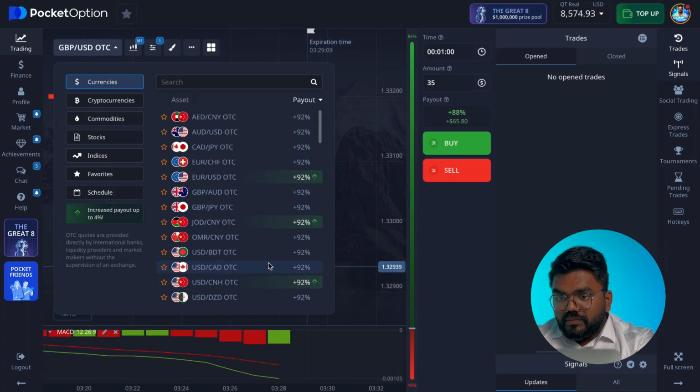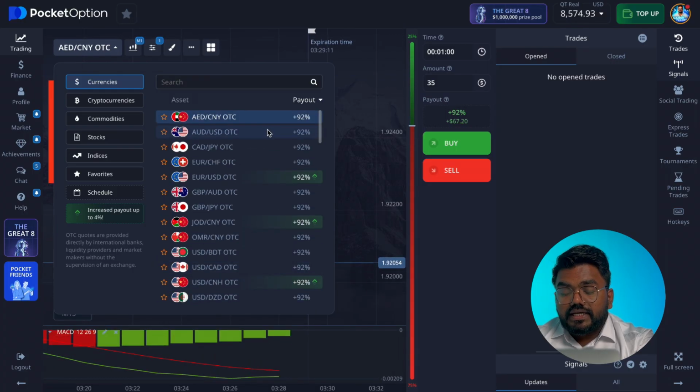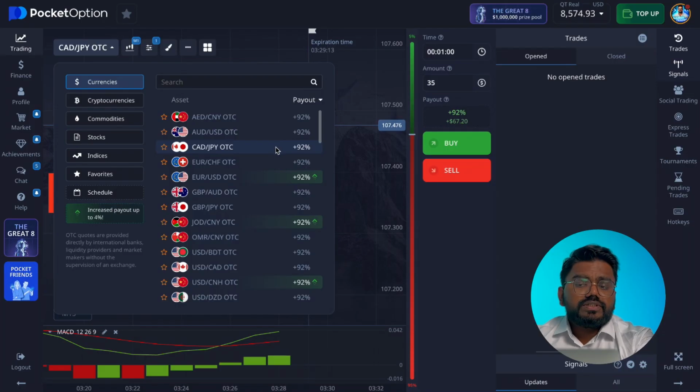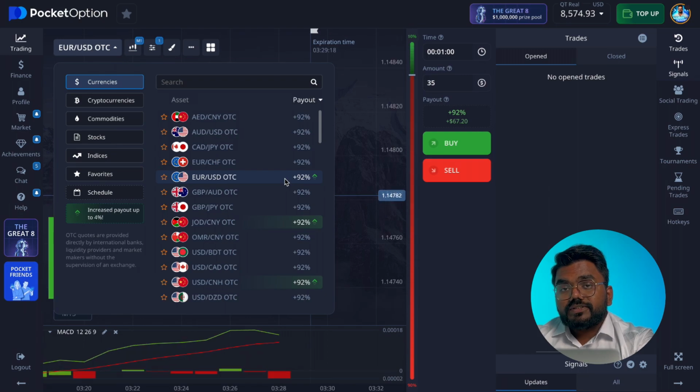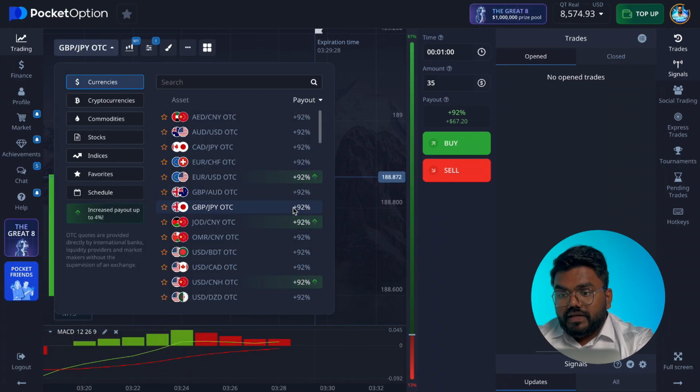So let's go with the currency, whichever you like, guys. That's really important to analyze the market. Don't rush on that. Just take your time to understand the market. That's how you actually make your strategies, your plans. MACD strategies are actually to make it more comfortable for you, guys.